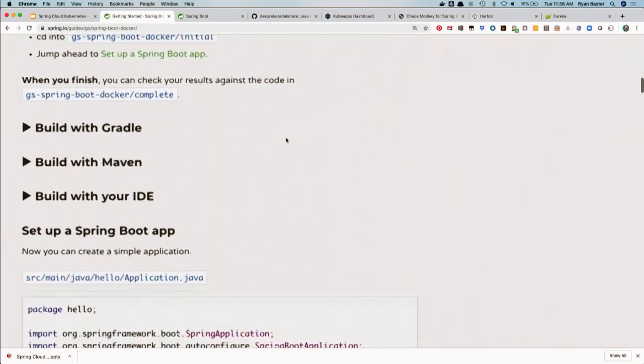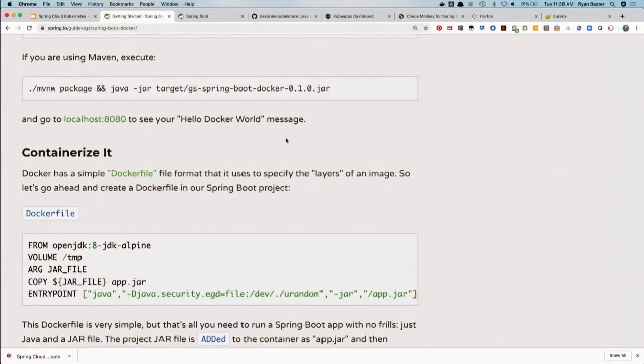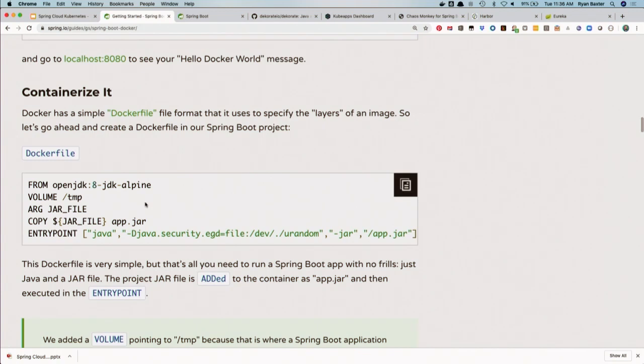The things that we love about Spring Boot make it very easy to put it in a Docker container, right? Because after you do your Maven or Gradle build, what you end up with is a jar file, and all you've got to do is java -jar and execute that jar file, and the app starts up. So your Dockerfile to get the app running really only requires a JDK, and once you have the JDK there in the container, the app runs. That's the only requirement. So you can see here, just to Dockerize, quote unquote, a Boot app is fairly simple. It doesn't take much to do it.